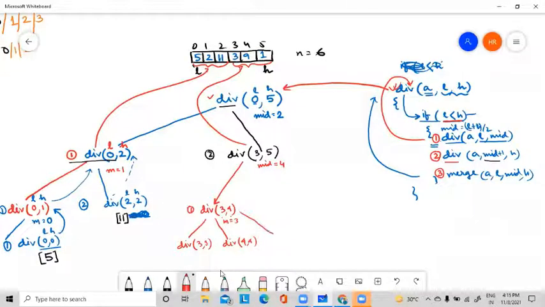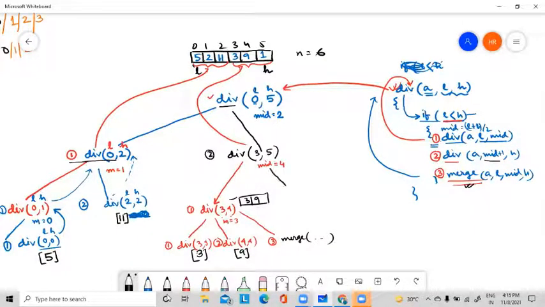Okay, for this the third function is, this is the first function, this is the second function, now the third function means the merge. So 3 3 means the element is 3 here, 4 4 means the element is 9 here. These two are merged using this merge function. These two are merged, so this is the merge function, and these two are merged means this one becomes 3 9.